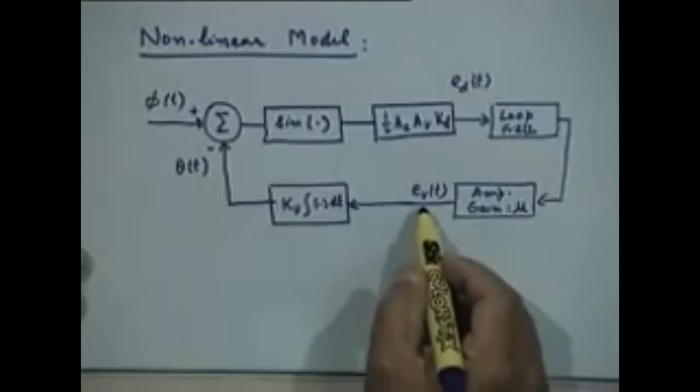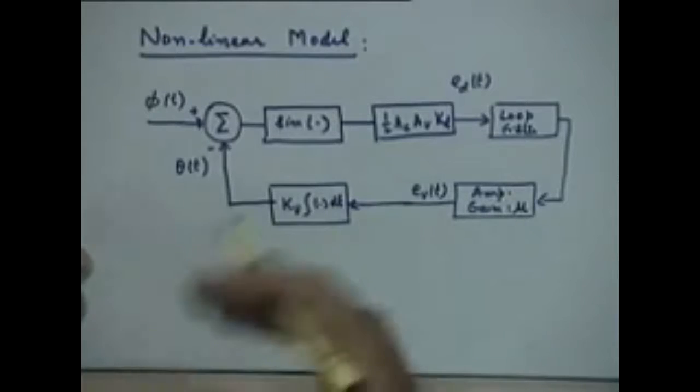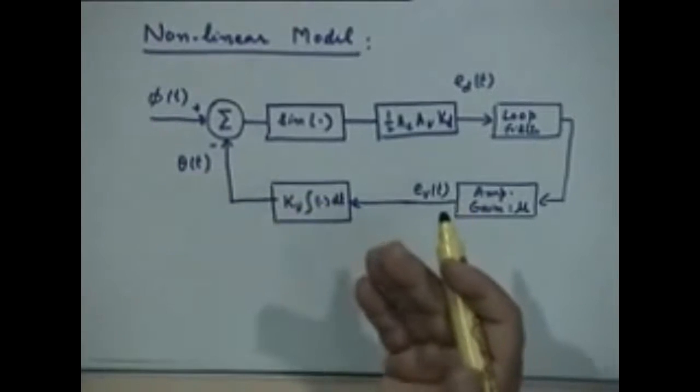Okay. Now, we will do our discussion in two phases. In phase 1, we will assume that somehow the loop comes in the lock, just to simplify our study, right. Somehow the loop is locked, and try to understand when the loop is locked, what is the nature of E sub Vt, right. That is phase 1 of our discussion. Phase 2 of our discussion obviously should try to tell us how the lock actually happens, right. So, should we do that? We will go through the discussion in two phases rather than trying to understand everything in one go.